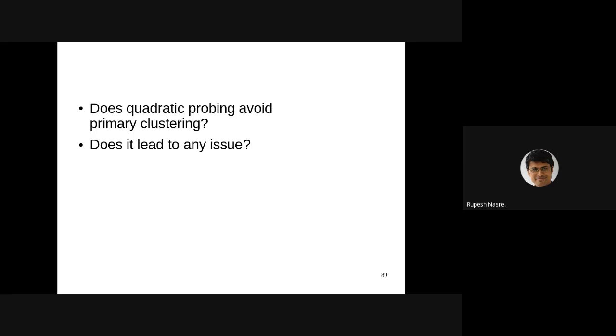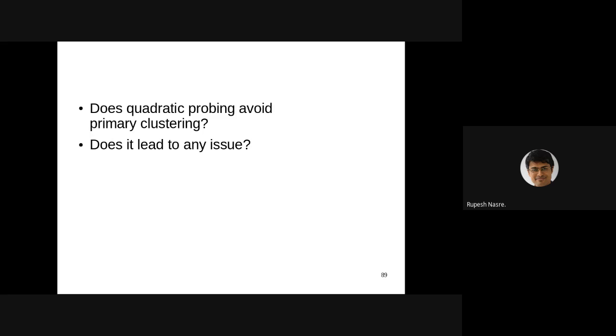In case of quadratic probing, I'm going to look at 51 plus 1, 51 plus 4, 51 plus 9 and so on, as the number of conflicts, that is the i value, increases. Aniruddha says requirements of large H. Yes, that is definitely going to be one issue with respect to quadratic probing. However, I'll also mention that in any open addressing scheme, this H value needs to be large. Right? Which is not there in case of chaining, but in case of open addressing, this issue is going to occur. Yes, but is there any specific issue because of quadratic probing?